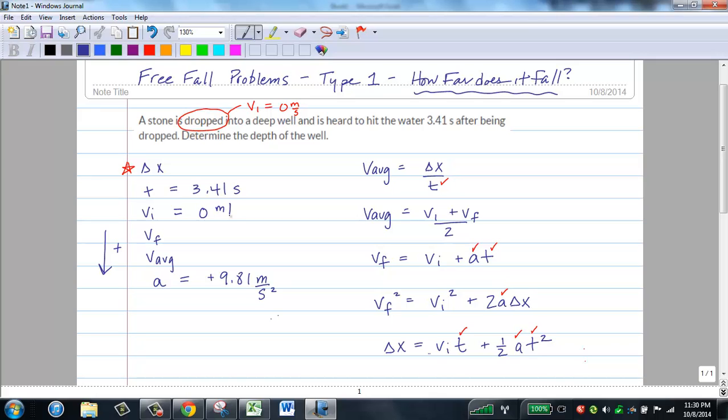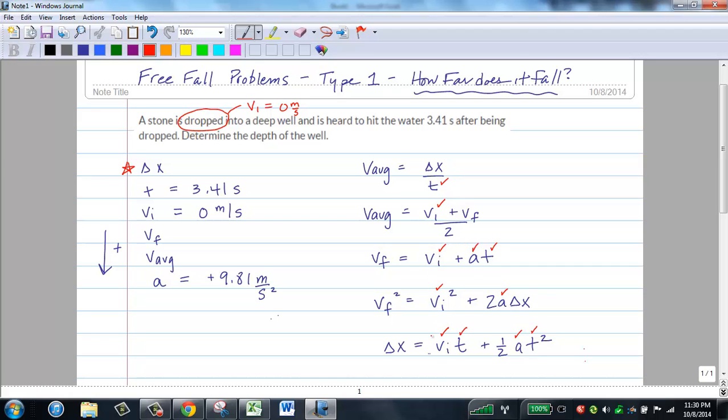So it turns out that we had two additional pieces of information that were not explicitly stated in the problem. That is, the acceleration is 9.81 meters per second squared. We're assuming this object is falling on Earth, and the initial velocity of the object is 0 because it's being dropped and allowed to fall downward. It's not being forced or thrown downward with a higher initial speed. So if I know the initial velocity, I can check that off